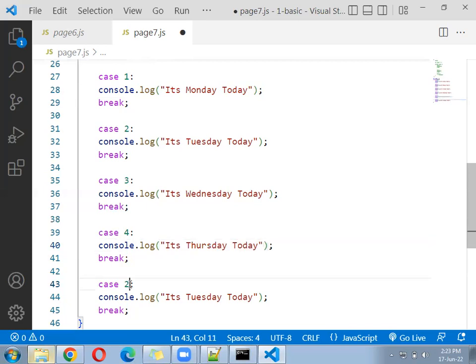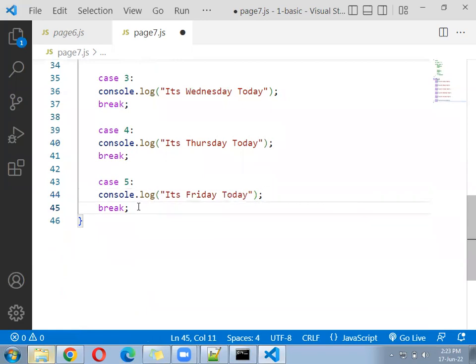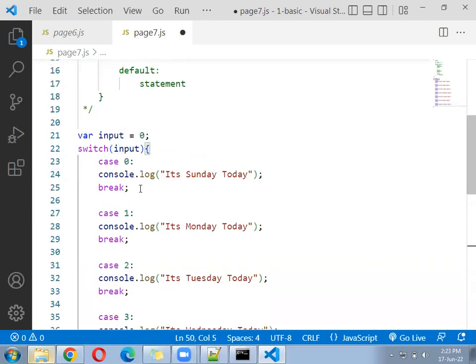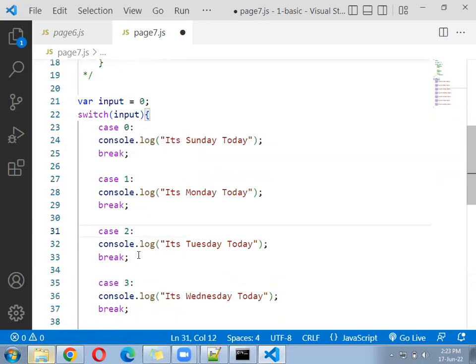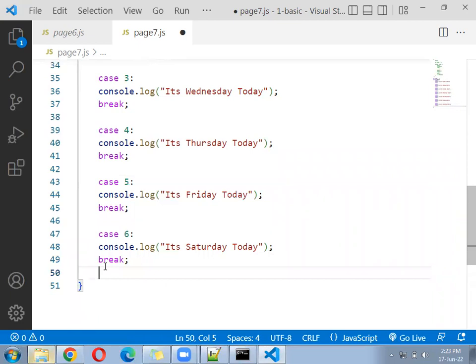4th, 5th will be Friday. 6th will be Saturday. Right? And 0 was what? Sunday. Sunday, Monday, Tuesday, then Wednesday, Thursday, Friday, Saturday. If not matching in this, then default